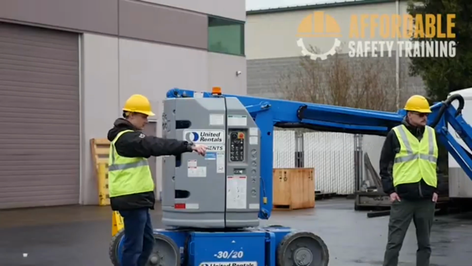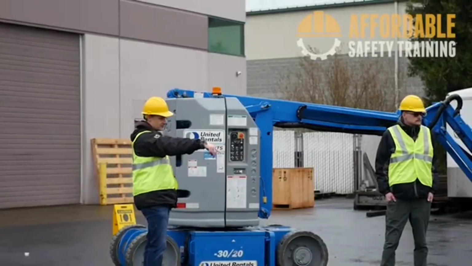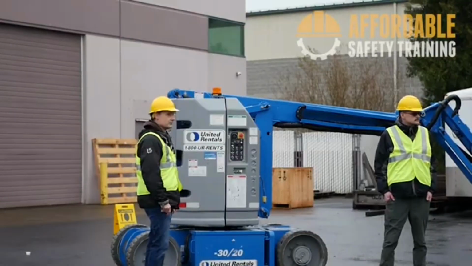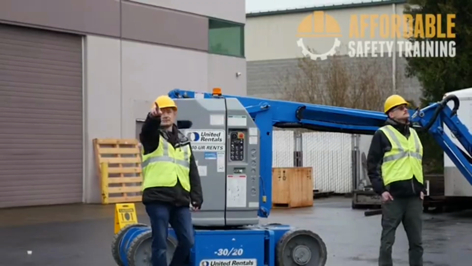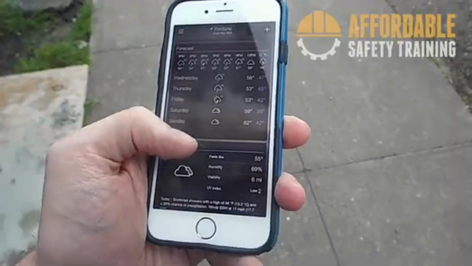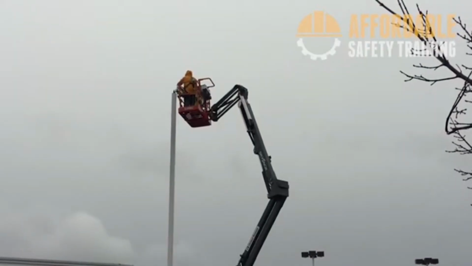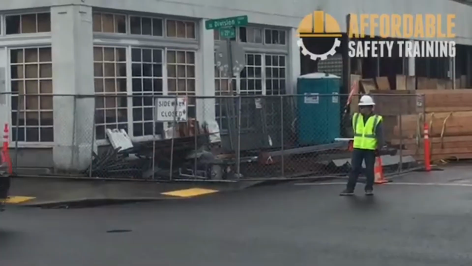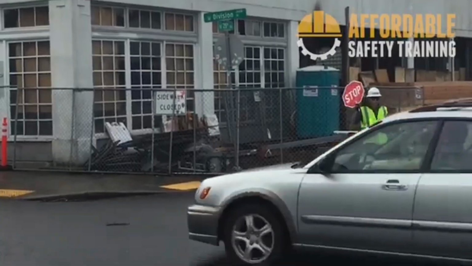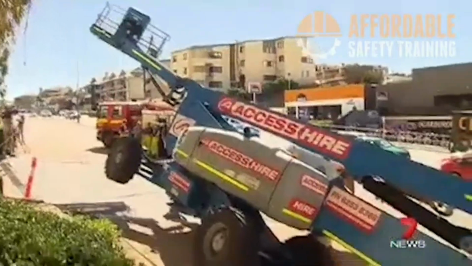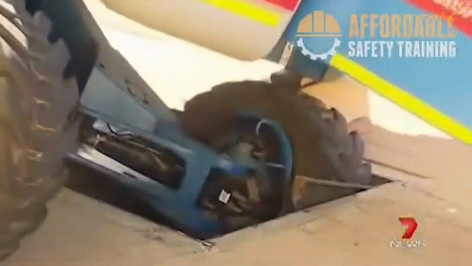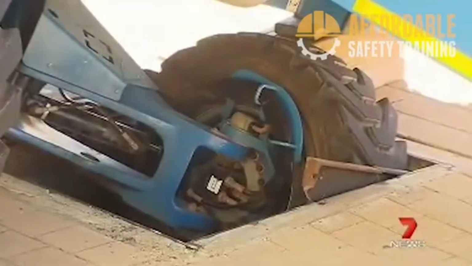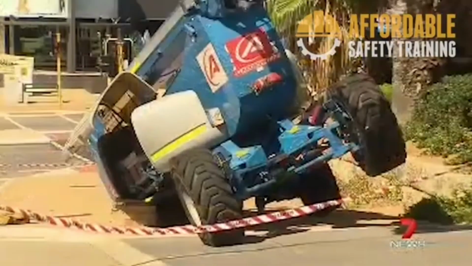Verify that there is enough space between the aerial device and obstructions around it. Be especially careful to check for electrical hazards, such as overhead power lines. Current and forecasted weather conditions must be appropriate for the work being done. Make sure that there are no unauthorized persons in the work area. The work area must be clear of road, worksite, and pedestrian traffic. Make sure that there are no underground chambers beneath the work area. Tunnels, underground utilities, and sewers may cause the ground above to collapse under a heavy load.